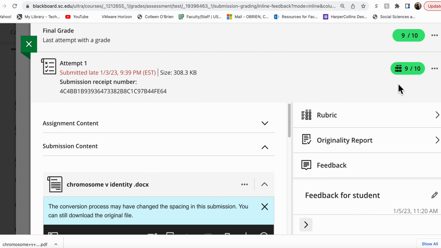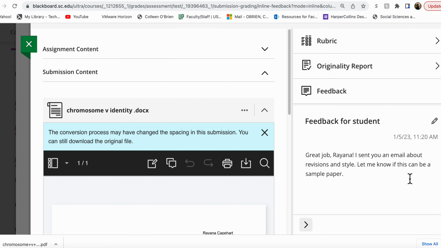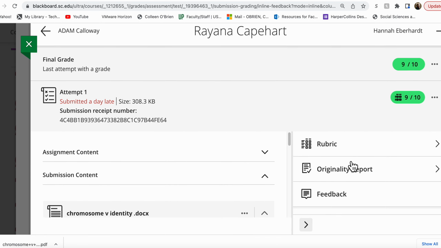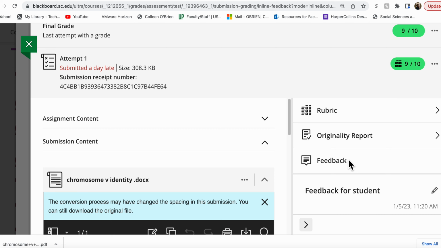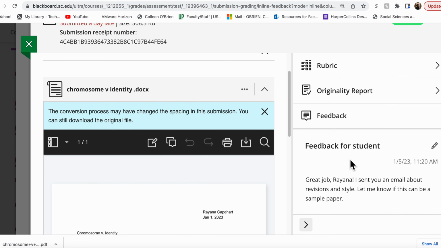It should allow you to look at the rubric and to see which things you did well and I added points for, and which things you can improve. You can see the Safe Assign Originality report, and you can also see any feedback that I've written directly to you. So I wanted to quickly show you these items so that you can think about getting some extra credit by revising your paper, and think about ways to make sure your paper is